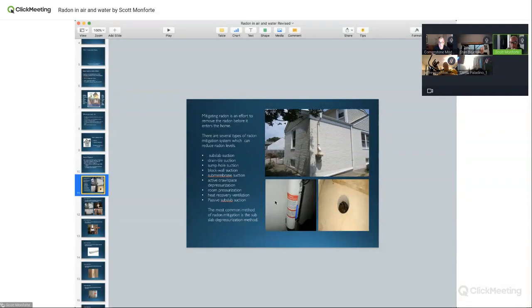So let's talk about a passive system real quick. All new construction has to have a passive system. It can be made active. The other problem is electricians forget to run the electrical. Sometimes they forget. So I go up in the attic, I try to cut in the fan. Now I've got to wire it. So that's another thing too.